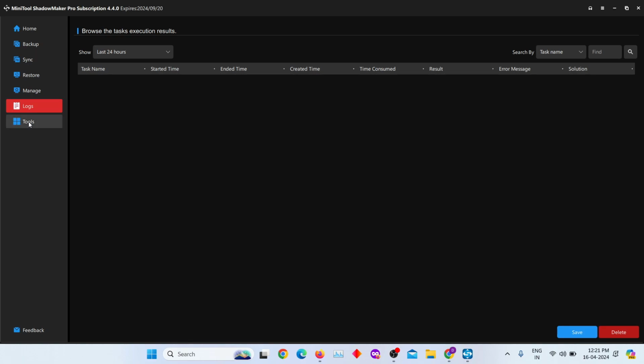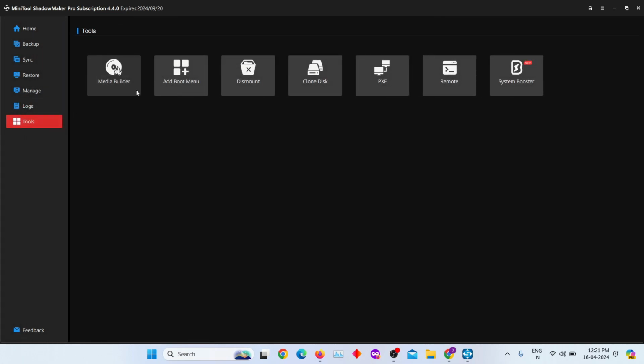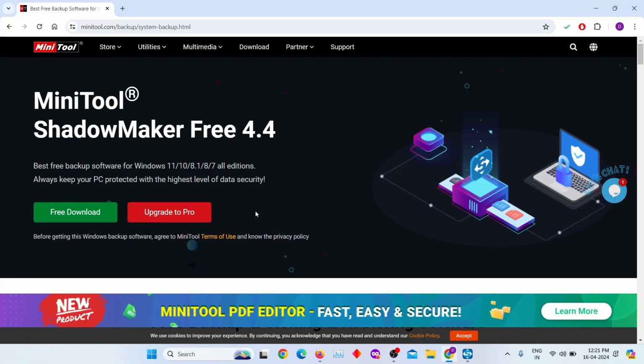In the Tools option, there are more tools like Media Burner, Add Boot Menu, Dismount, Clone Disk, PXE, Remote, and System Booster. You can use these tools to perform different tasks. If you click on the Home button, then you can see all the last backups, next backups, and available restore images. So guys, if you want to create a backup, restore, or sync the system, then go to